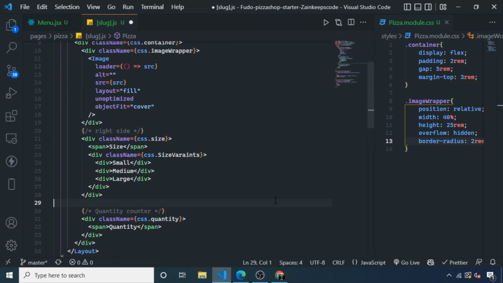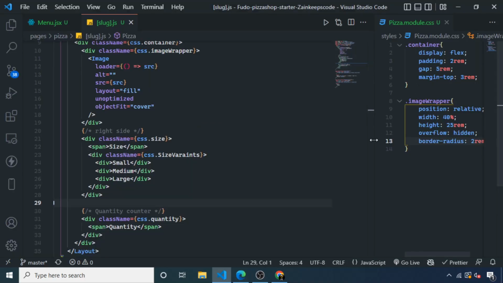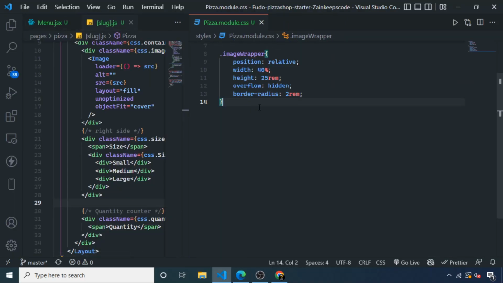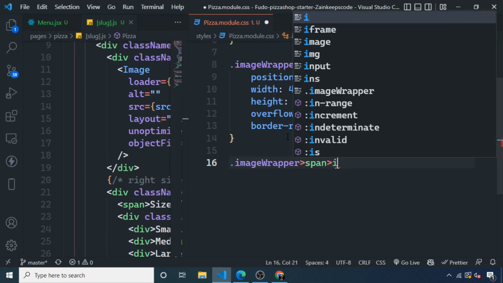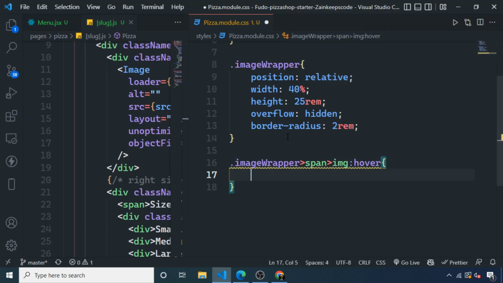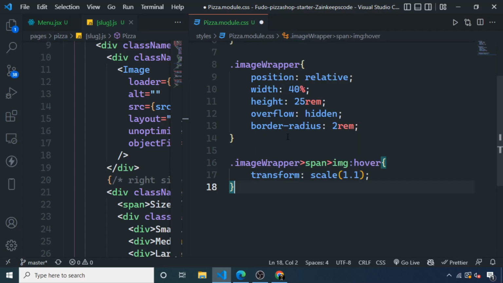Let's format the code again, and yeah, now they are in the correct direction. Let's style them, but first I am going to make a hover effect on the image. So here the image wrapper contains a span which contains an image. On hover, transform the image by scaling it around 1.1, and then I will go to the right side